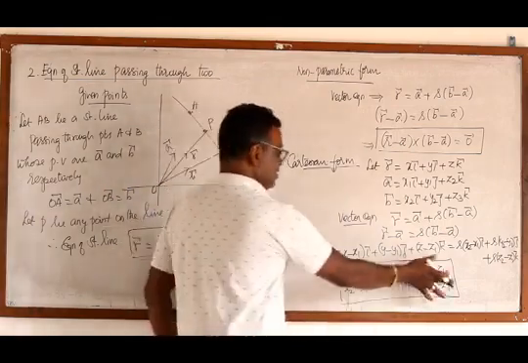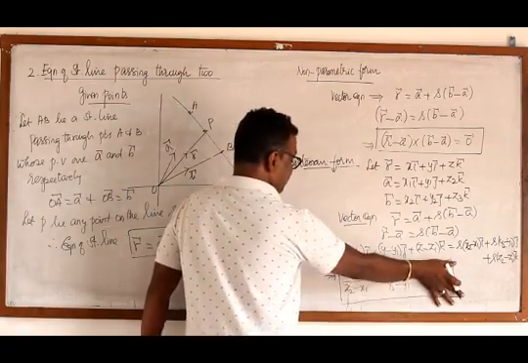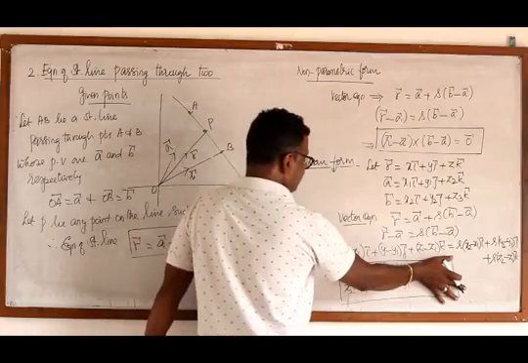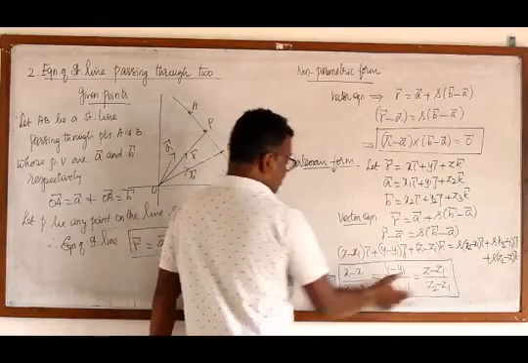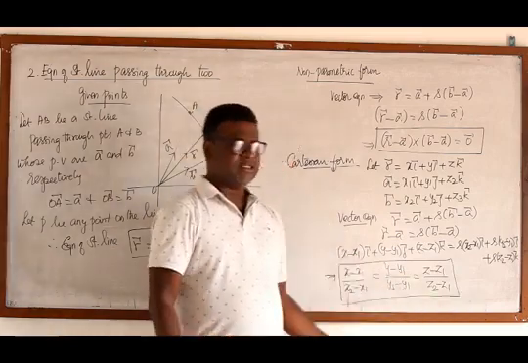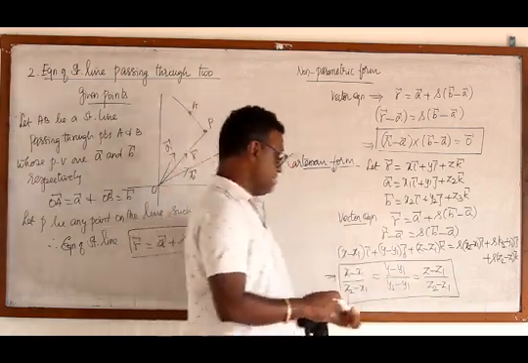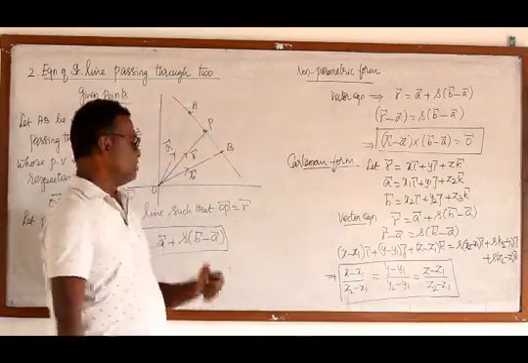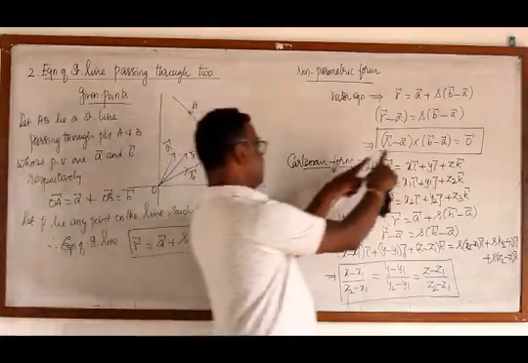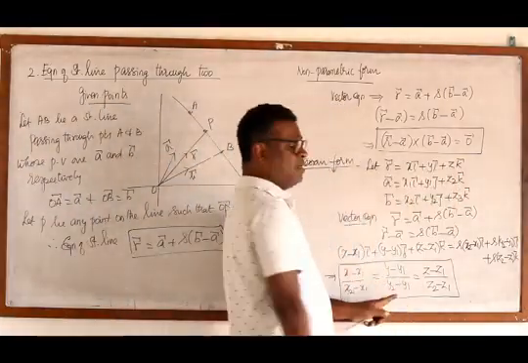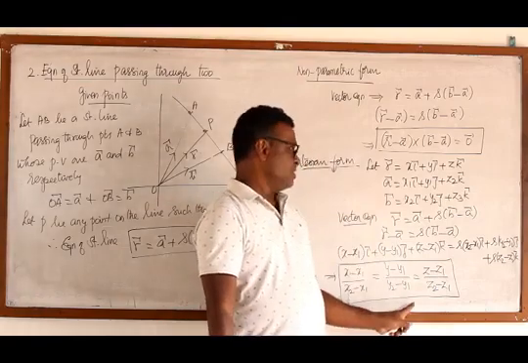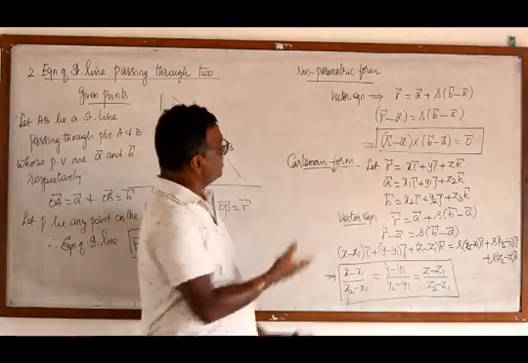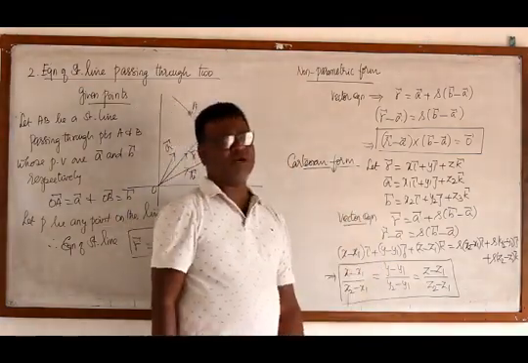Suppose I just omit this z parameter, is it not (y - y1)/(y2 - y1) = (x - x1)/(x2 - x1), which is the equation of a straight line in 2 dimensions? So if I include z also, then this is the equation of a straight line in 3 dimensions, in which 2 points are known on my straight line. This one is the vector equation, this is the non-parametric equation, and this one is the Cartesian equation. These are the 3 things we must know in each equation. With this idea, we shall do all the problems in the class.